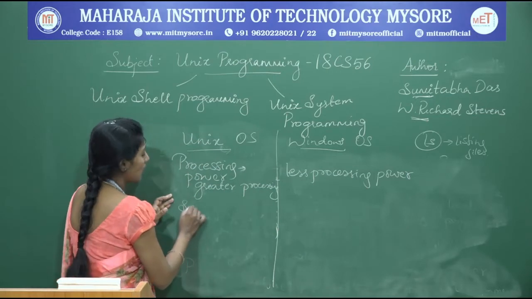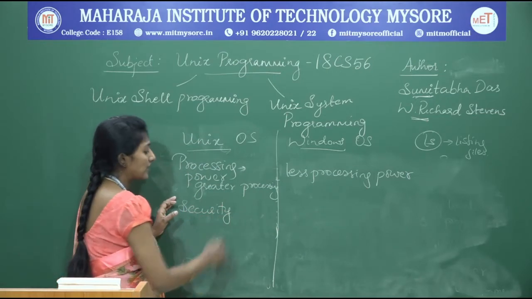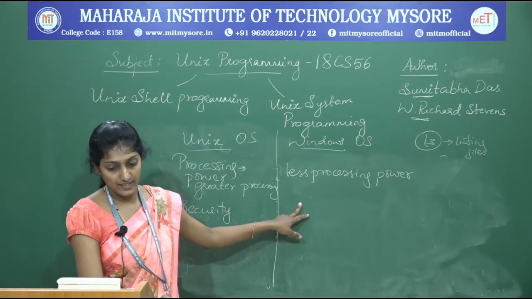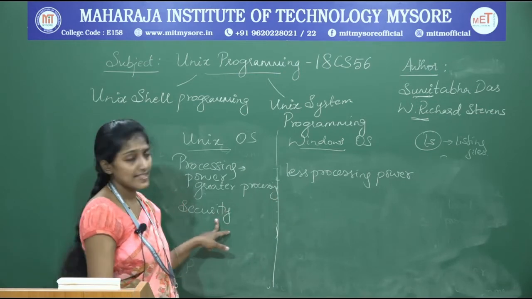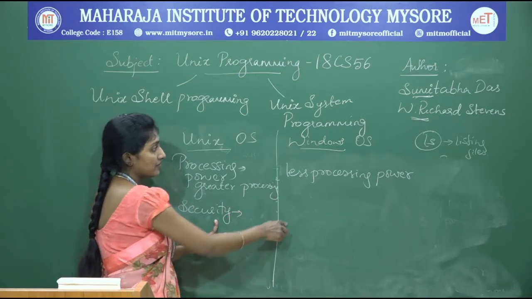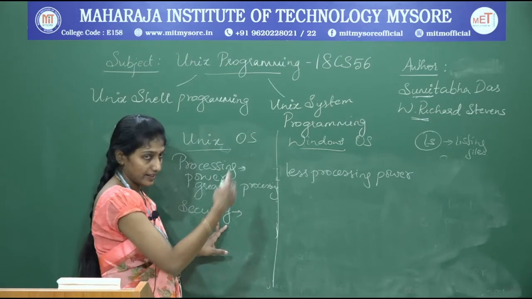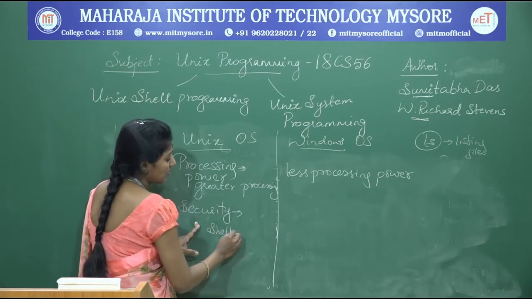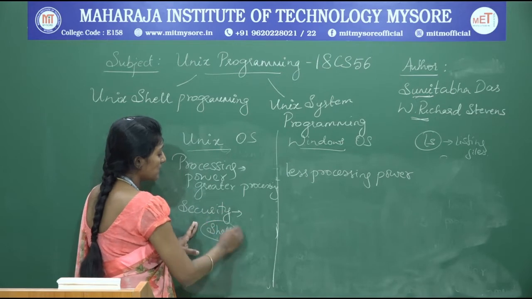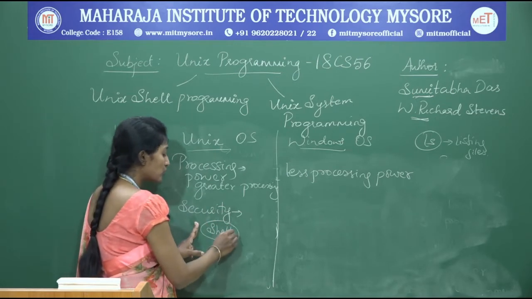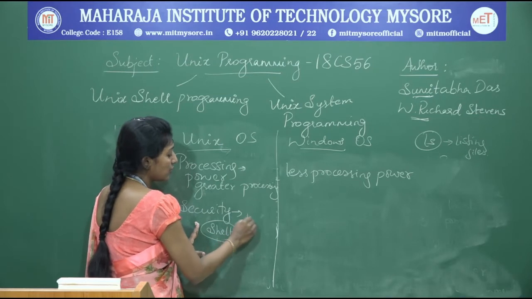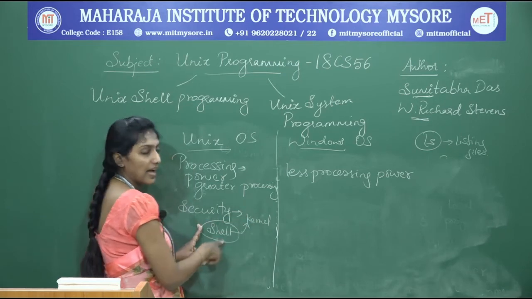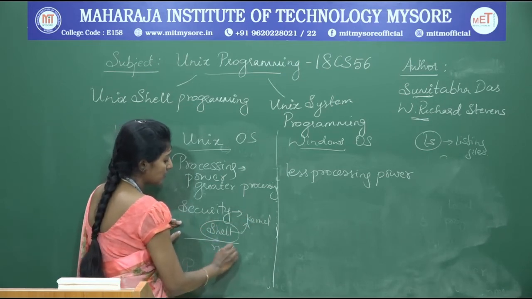Next is security. Initially itself, as I have already mentioned, the Unix operating system is more secure when compared to a Windows operating system. Why? Because, as I said, in Windows operating system we have a direct access to the hardware or hardware services, whereas here, for execution of any program, you use a shell, that is the command interpreter. Through this you access the kernel, that is the hardware component. Without this you can't access. So here this is more secure,